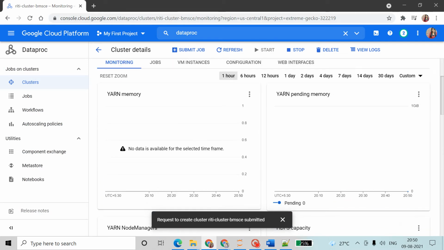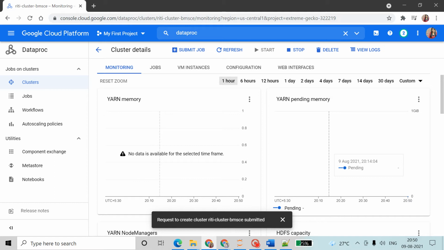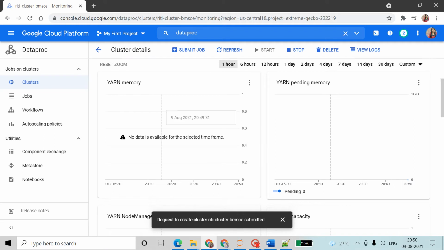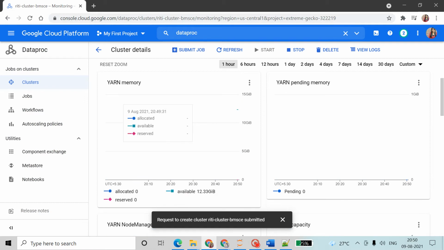So we are seeing some graphs here. We'll see what is there. YARN memory, I told you earlier that in big data we have some tools: YARN, Zookeeper, HBase and all. So they are showing some memory. We have to get some memory, then only we can work on Hive and all.